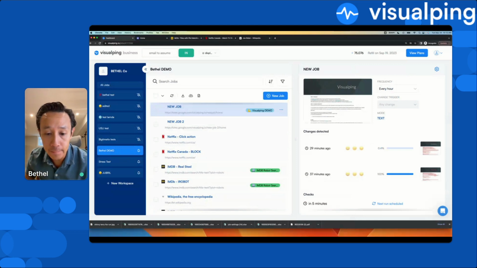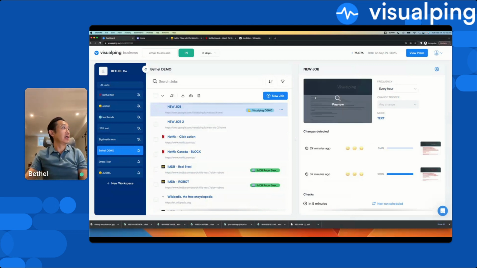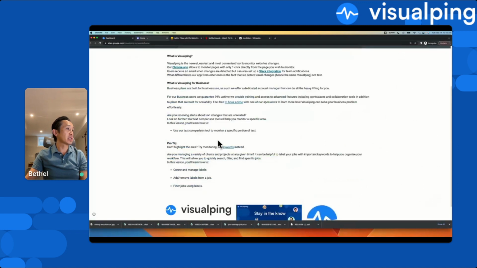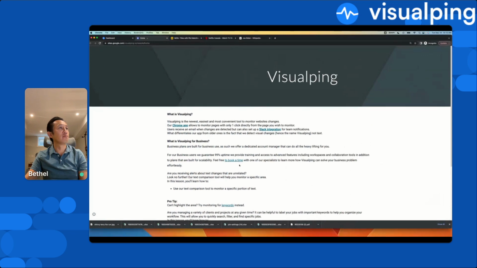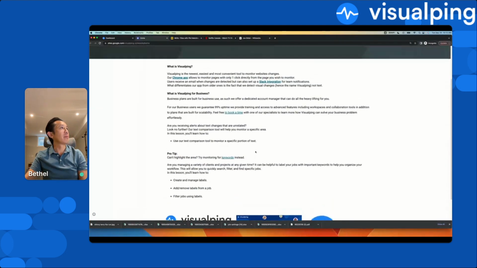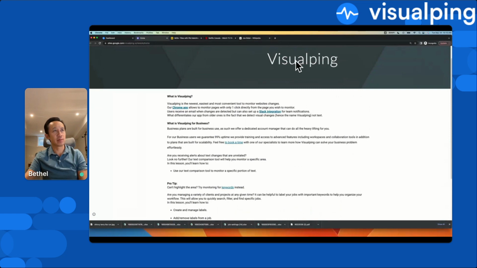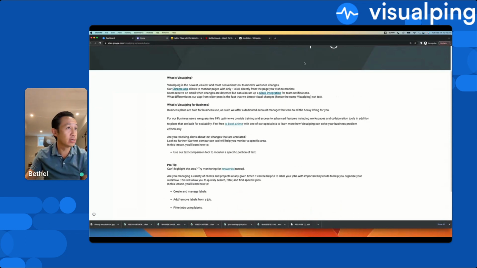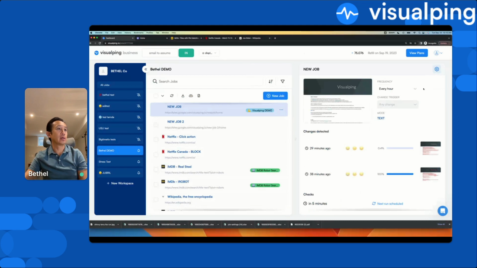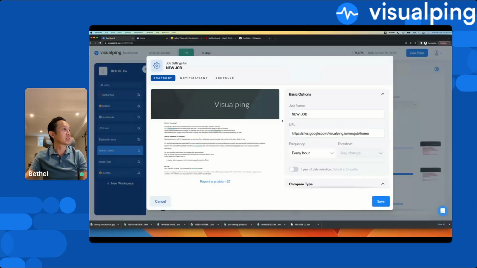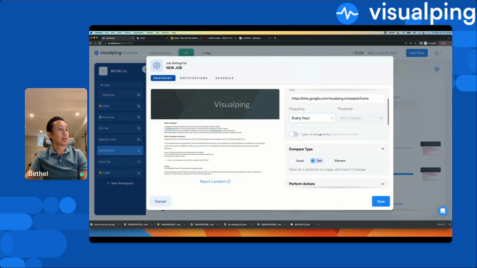So let's move on. So let's say in here, I'm going to go back to this example. We're looking at, how can I monitor a subset of this web page? And like many web pages, this page has a header, has this footer, right? But I'm really only interested in the middle because headers sometimes have things that change, like banners or scrolling images, and it's producing some false alerts. Well, I'm going to stick with text compare, but what we can do here, if I go back to this example, is instead of monitoring the whole page, under